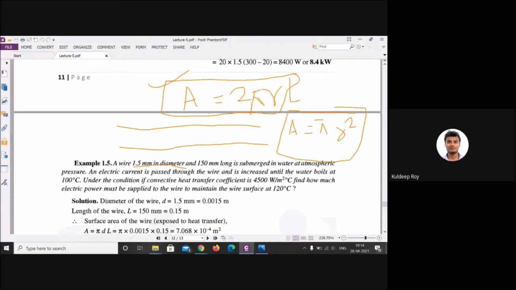Please solve with your own hand. Then only will you get to know how to solve these fundamental problems. If you solve the problem, you will understand what we are studying and what I am talking about: there is a temperature difference, how we can calculate the heat transfer flow, or how we can determine h or k, thermal conductivity, any property. So just solve.